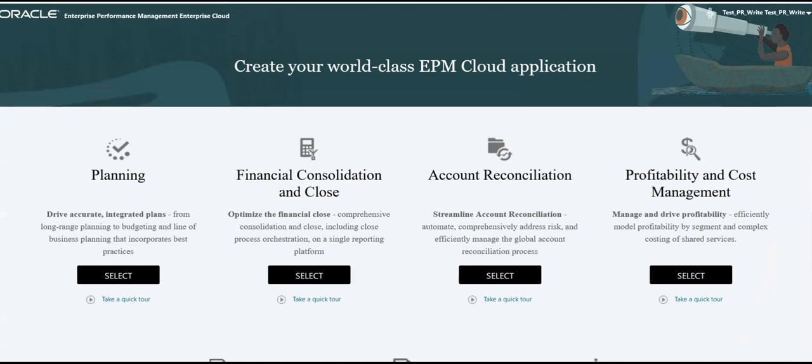Once you log into the cloud as an administrator, this is the first screen that would appear. Here you will be seeing other modules such as FCCS, ARCS, PCMCS, and of course planning. And our focus would be planning, so I'm going to go ahead and click on select to create a planning application.